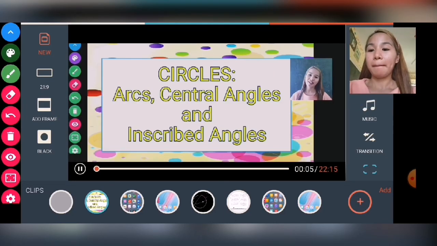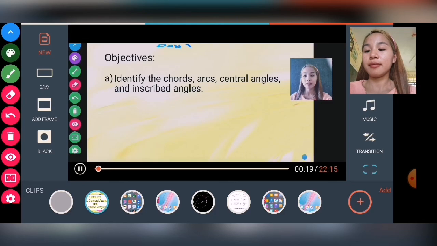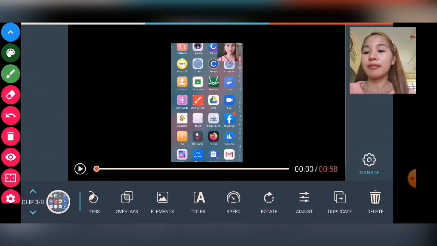Hi class, good morning. Our topic for today is all about circles, arcs, central angles, and inscribed angles. But before we start, let's talk about first what are our objectives for today. First, our objective is to